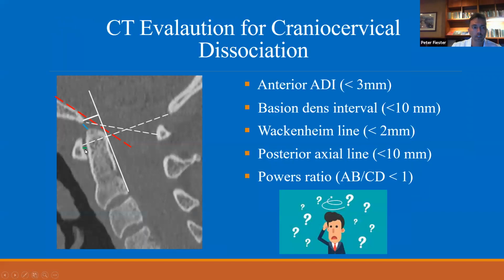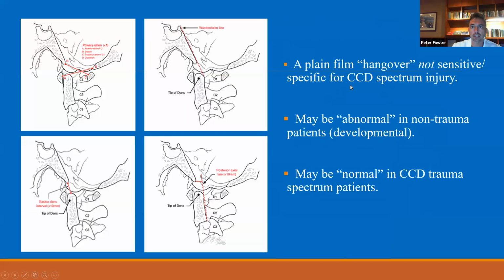Yeah, so speaking of ADI, the sagittal CT evaluation is probably your most important relationship. And of course, that should be less than a few millimeters in most adults. You know, there's all these lines, and sometimes you hear neuroradiologists reference these lines. These lines are really a hangover from the days of plain film. So don't put too much stock into a radiologist commenting on these lines. These lines can be abnormal in developmental, non-trauma patients, and they can be normal in patients with